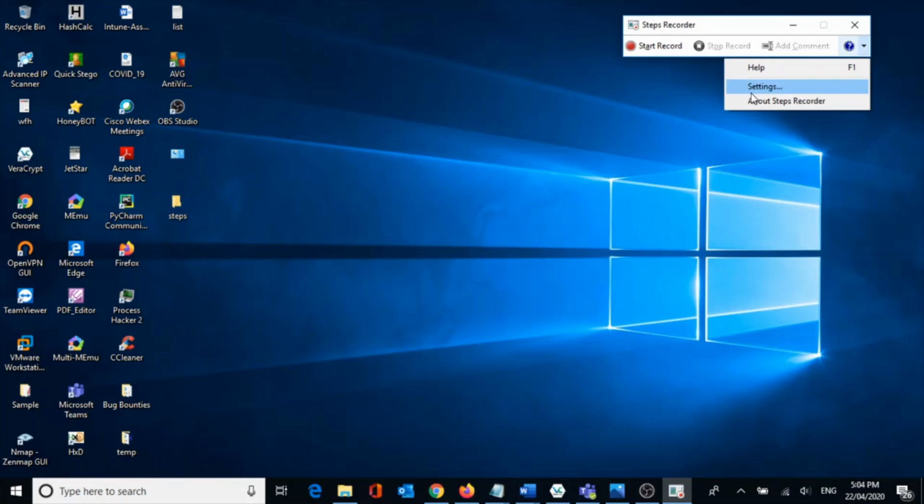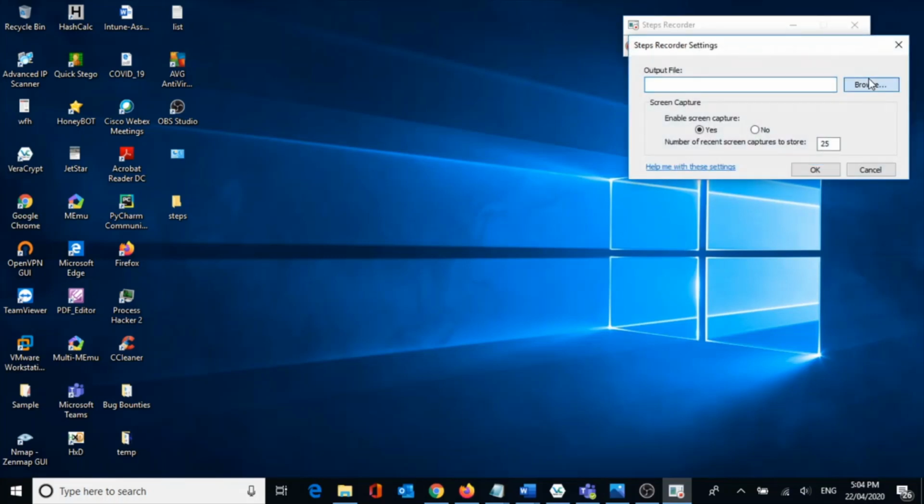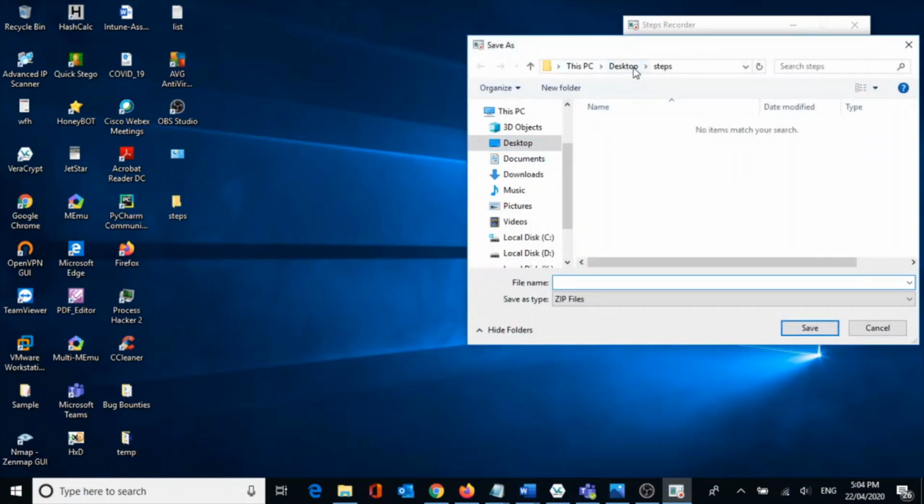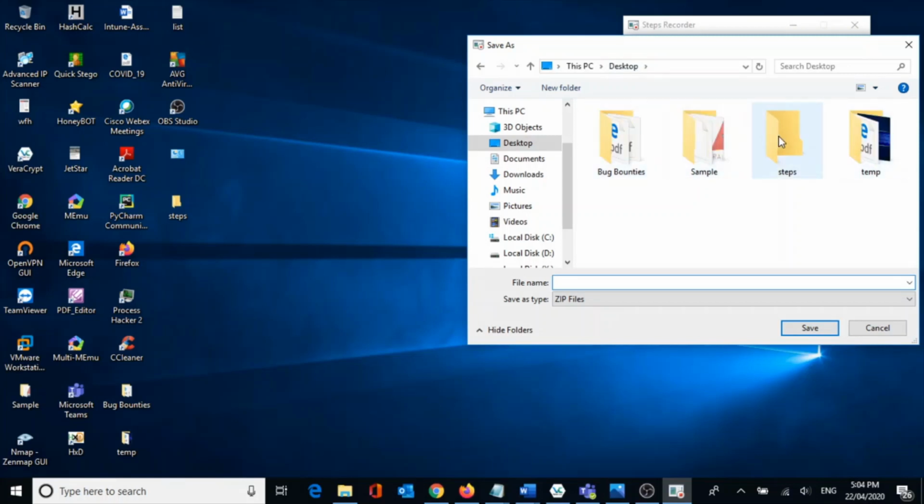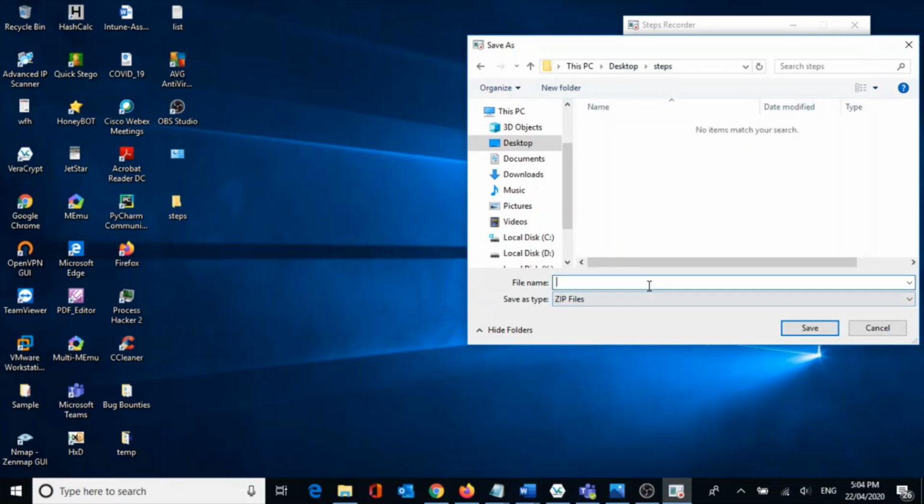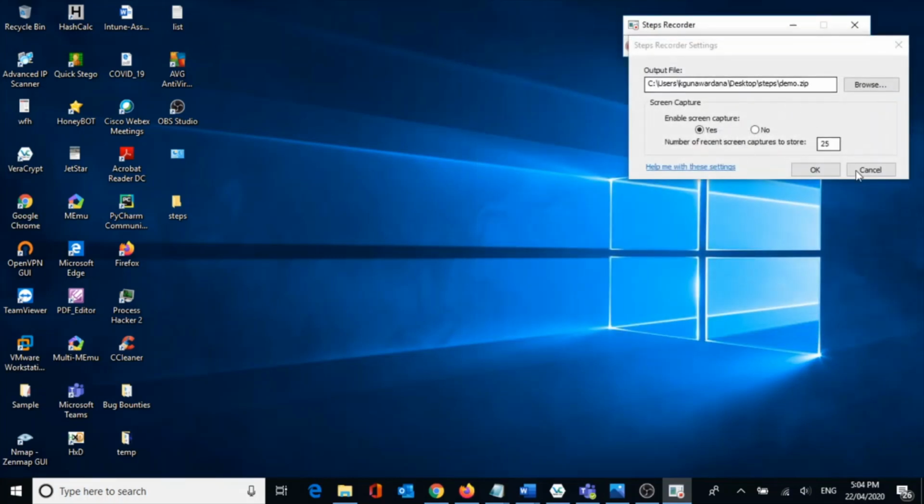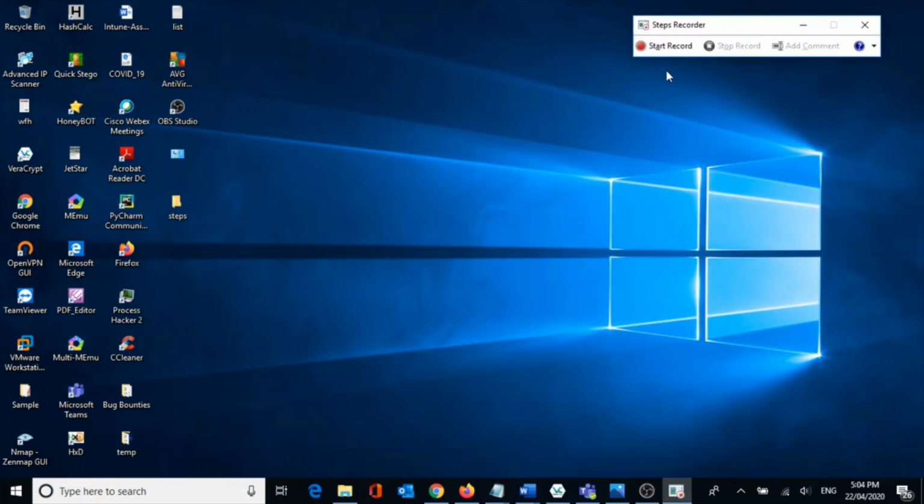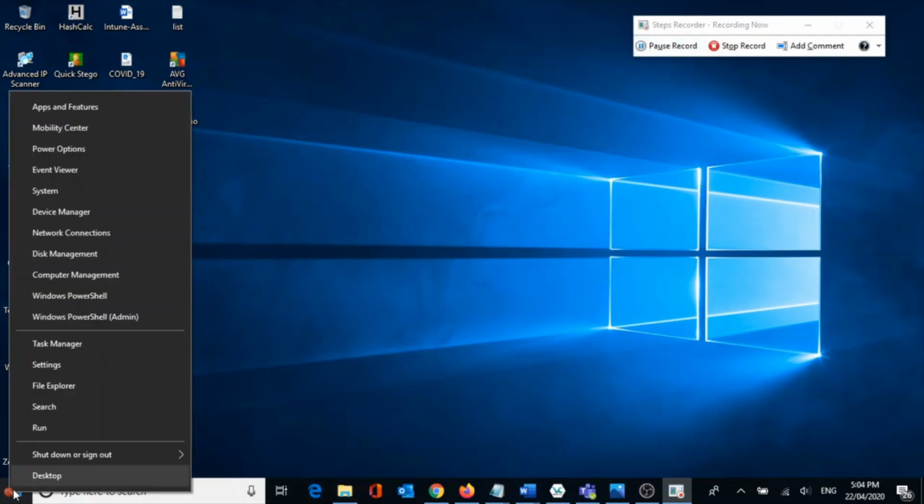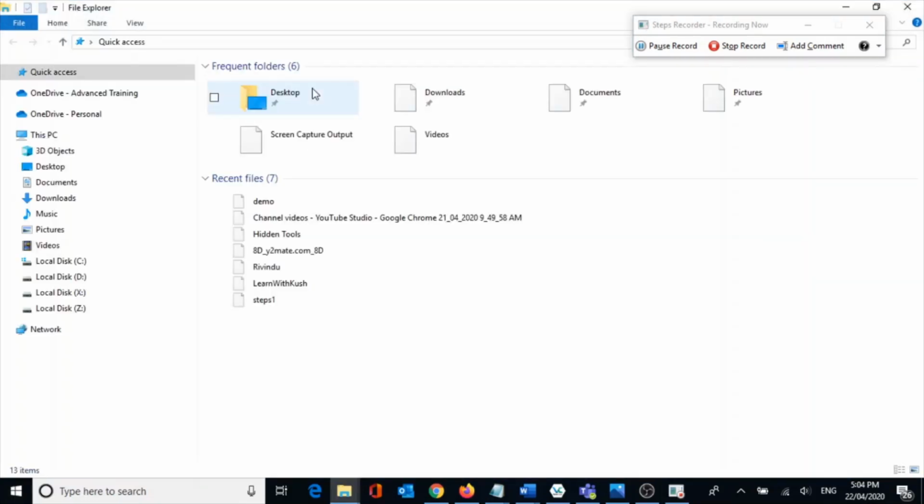First thing you have to do is configure settings to show where you want to store your steps. Let's say I'm going to say demo. So demo.zip would be my steps. Then I can start record. Let's say for a minute I'm going to open up File Explorer here, and then open up